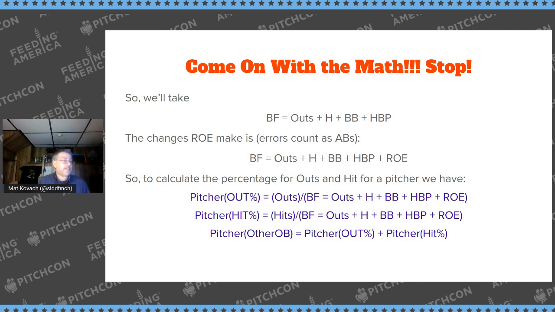We know how many hits because that's recorded fairly well. And we can say the other stuff is this percentage. Since everything has to be 100%, our other stuff percentage would be, and I messed up the math here, we would take 1 minus our pitcher out percentage and our pitcher hit percentage. But I don't really use the other, it's sort of a given, and you'll see why in the model.